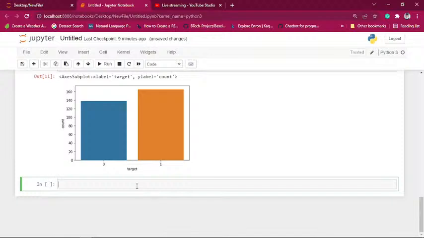For that purpose, you first have to assign the independent and dependent variables. First of all, we have to assign the label. For that, how can we make it? The label, I already told, is the target: the variable name is target, and we are going to make the class from target only. So X is equal to dataset